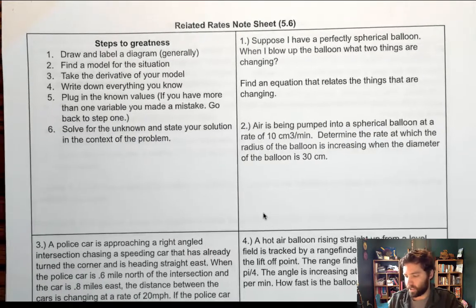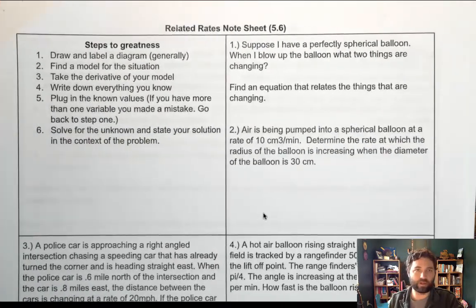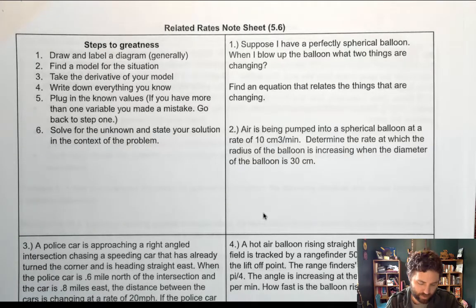Very similar to optimization, with related rates we're going to follow a series of steps, call them steps to greatness. If you do this, especially for related rates, but also for optimization, these steps are really helpful, I think. So step one, draw and label a diagram. And you want to keep your diagram as general as you can. And if you decide to put in values